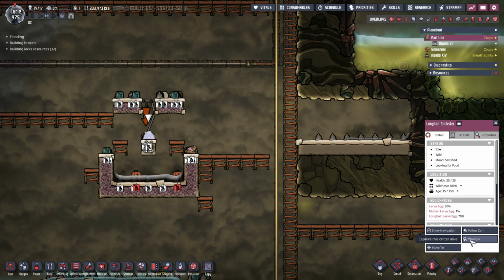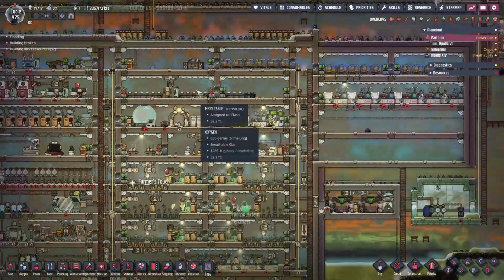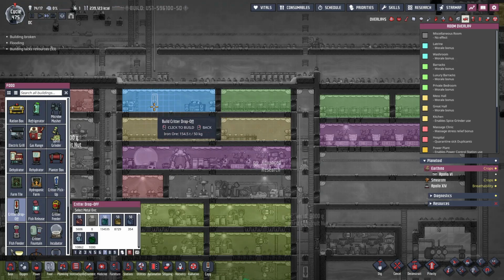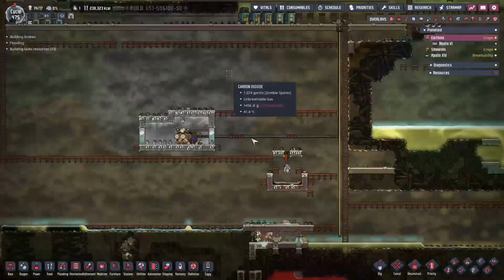Oh, we got another long hair in here. Yeah, let's wrangle you. We'll get you up here as well. Where's our drop off? They're just happy guys, so...